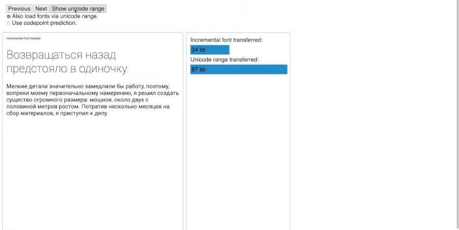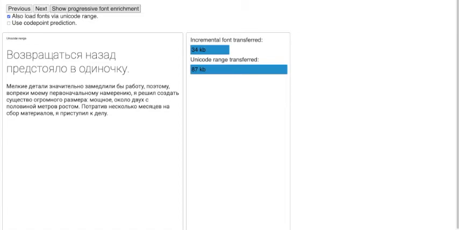One of the other interesting things that incremental font transfer enables, other than just increasing performance, is that it allows all of the layout rules in the font, especially ones between script characters and different script subsets, to work together. With Unicode range, since we've split the font into multiple pieces, any layout rules that cross those script boundaries will no longer work.